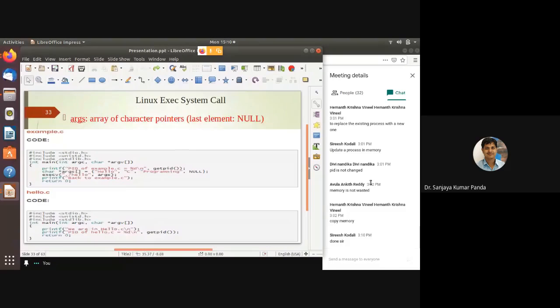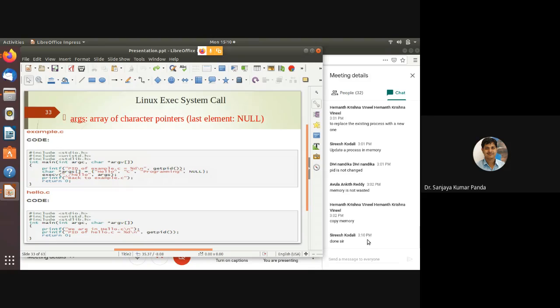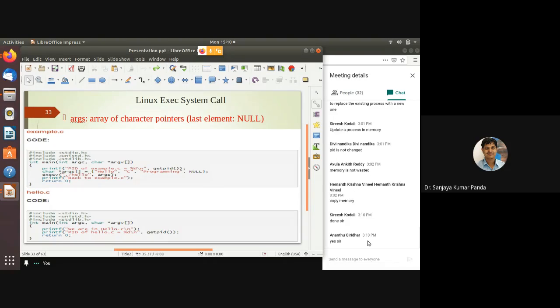It is done. Any other person? Create two files, one is example.c and another file hello.c. Let me create and show you.